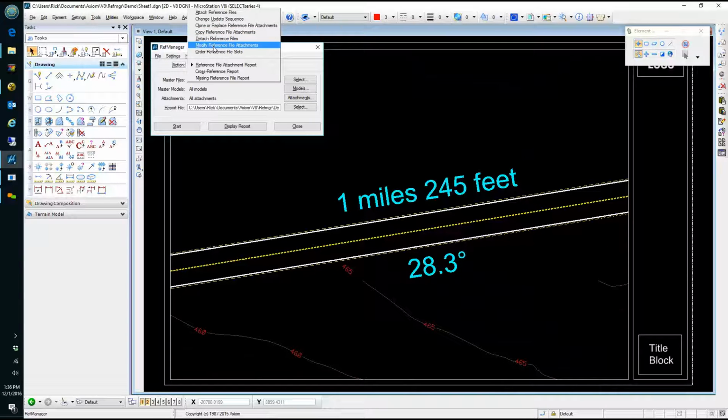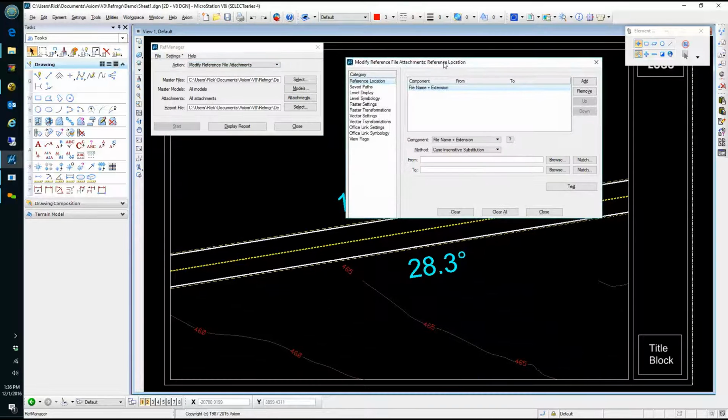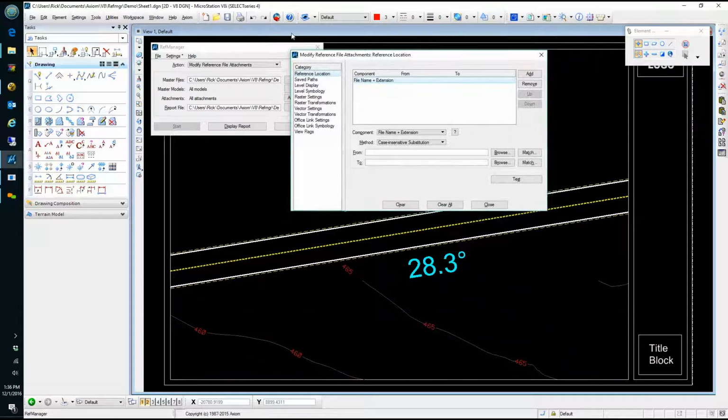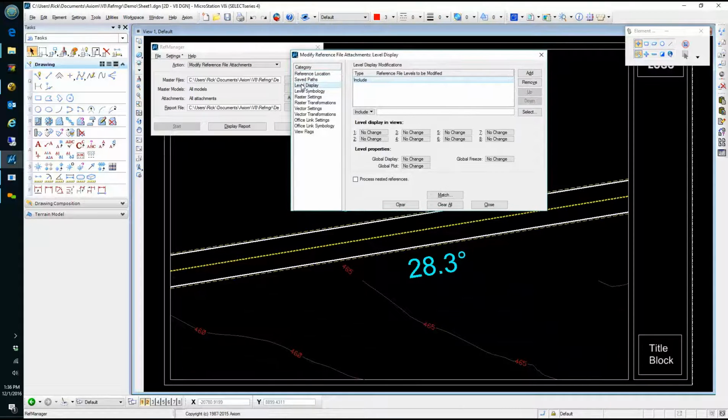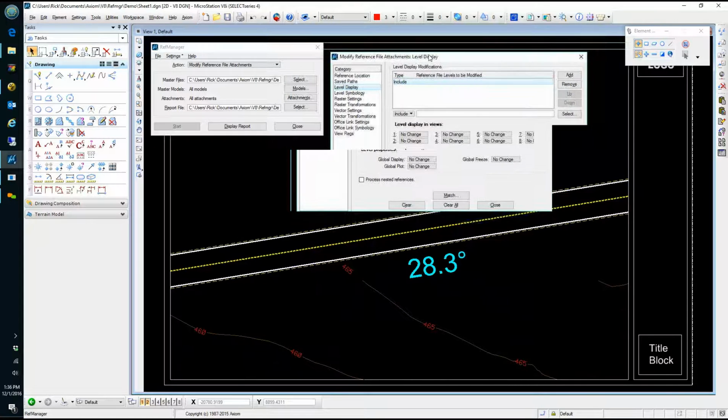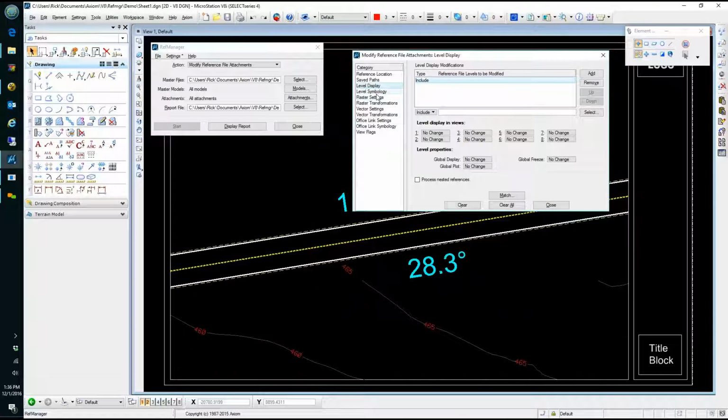Modify reference file attachments also gets quite a bit of use, and one of the primary ways it gets utilized is changing level display. Again, you've got references set up, and one of the things that you have to do routinely is change which levels are turned on and turned off for a particular reference file throughout the whole set of sheets to keep them in good shape. So with level display, for example, let's say I've got 4 sheets here in my project,